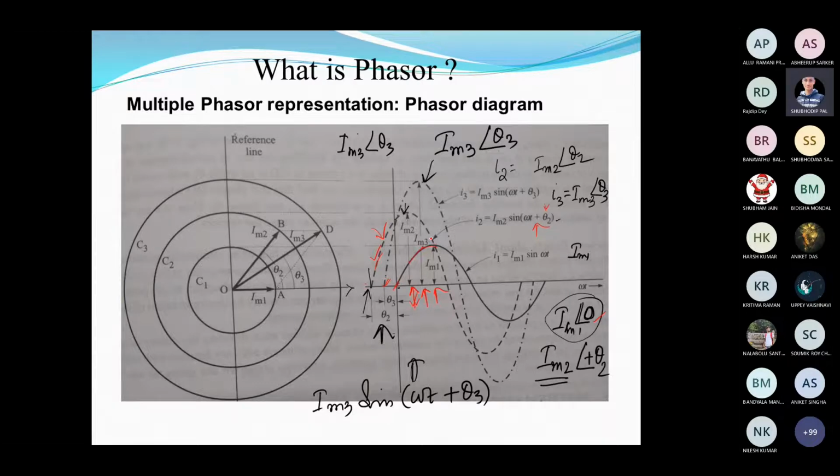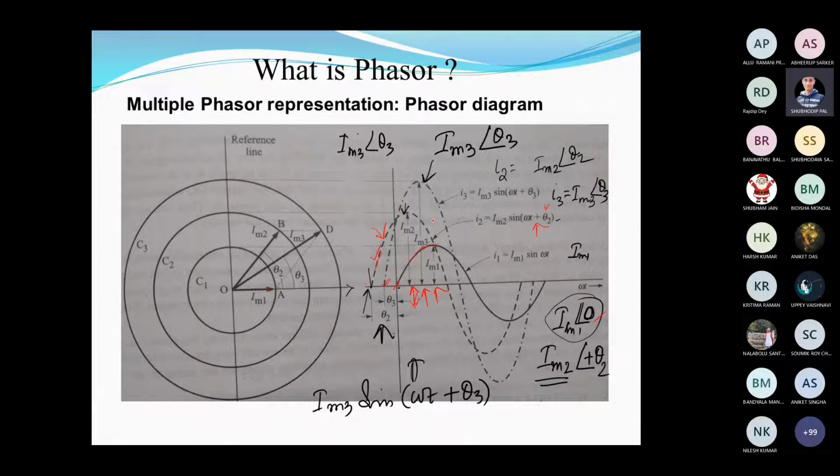And as I told you, the phasor can be represented by circular representation. So here also, these three quantities, at the initial stage, IM1 is represented as this because it doesn't have any phase deviation, right? It crosses at this, so it is represented in the reference direction. It has a magnitude. Now the second one, IM2, has a theta at the initial stage. So this is its theta, and it is represented like this. According to its magnitude, you can draw this one.